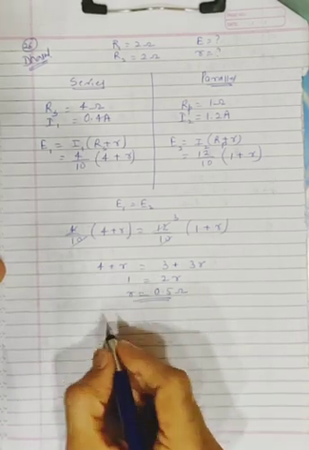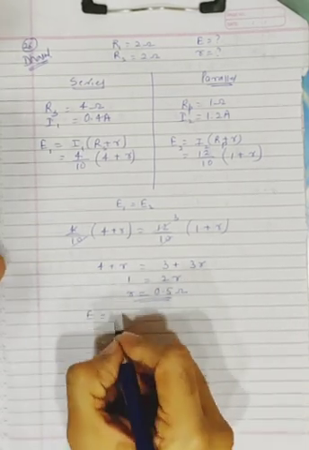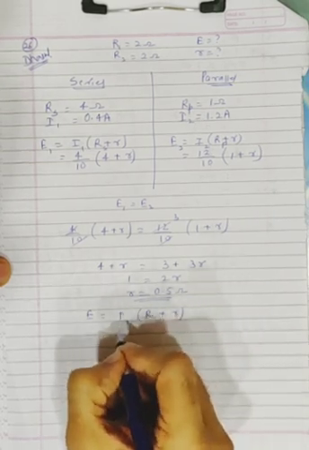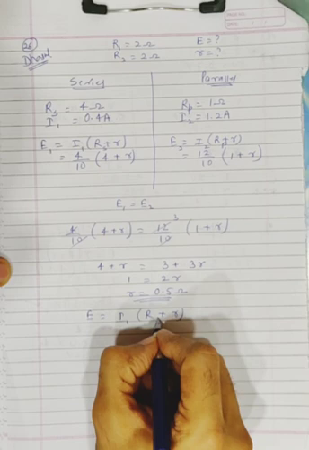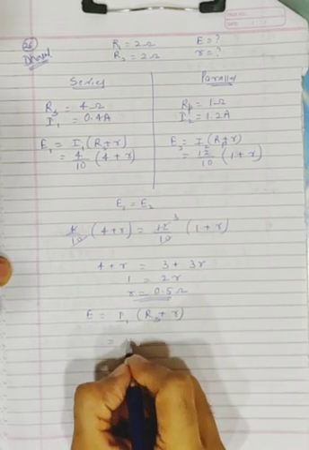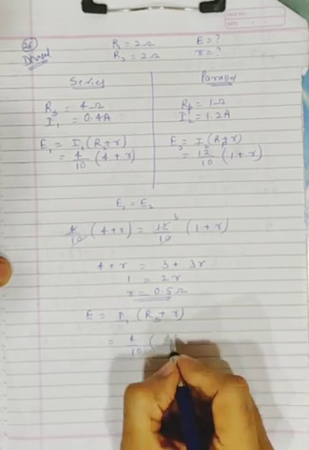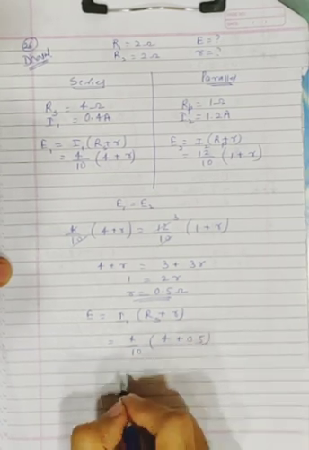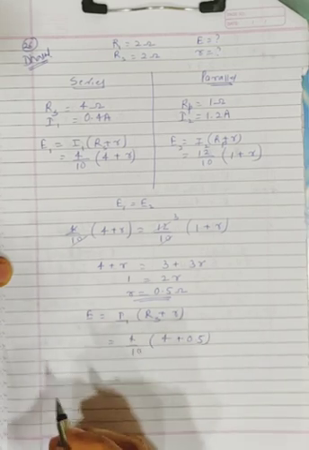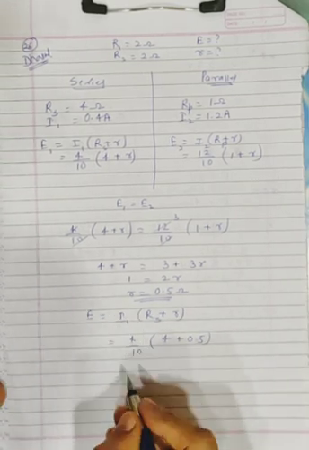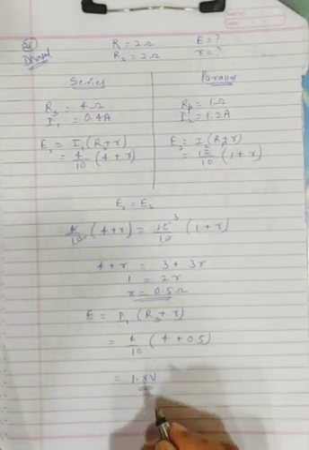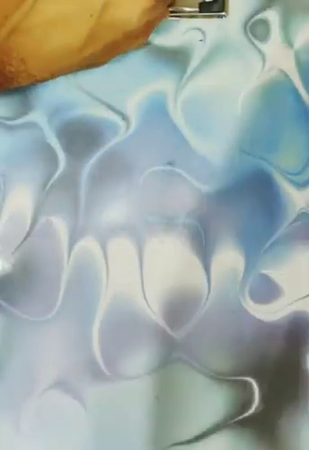Okay. And what would be EMF equal to now? So E is equal to what? I, R plus small r. I'm using the series part. So I1 is how much? 0.4. RS is 4. Small r is 0.5, so 4.5. So 4.5 into 4 is how much? 4 into 4.5 is 18. 18 upon 10, 1.8 volt. Okay, next problem now. Problem number 27.